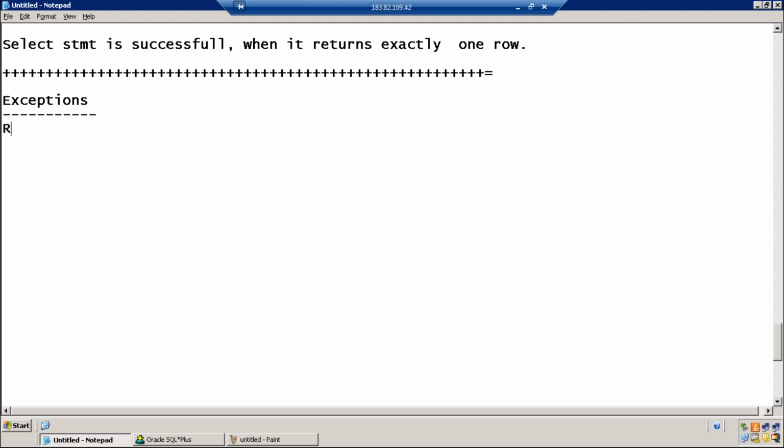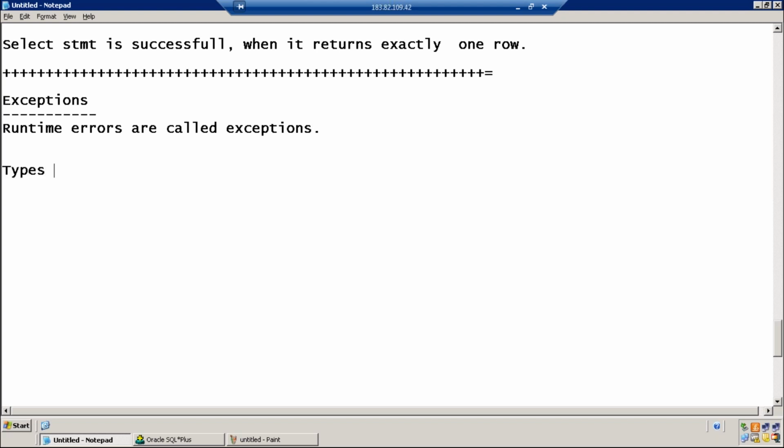So we are now moving to the next concept of PL SQL, that is exceptions. Now what are exceptions? Runtime errors are called exceptions.